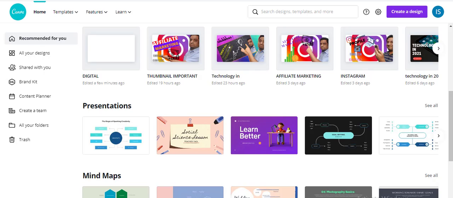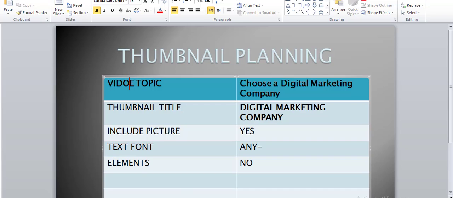Welcome to this tutorial. In this tutorial I am going to explain how we can create a thumbnail in less time. For that purpose I will use the Canva digital tool, and to save time I have already created a